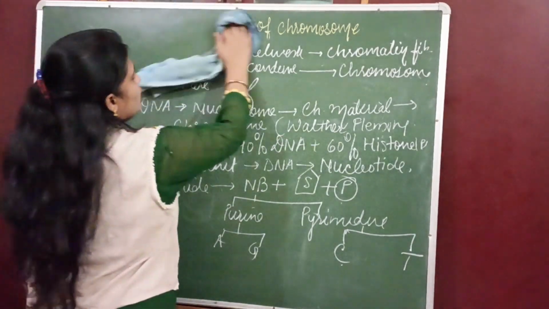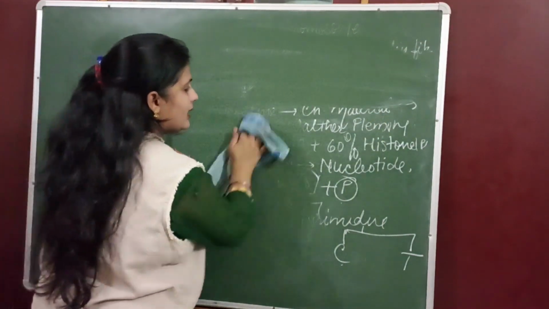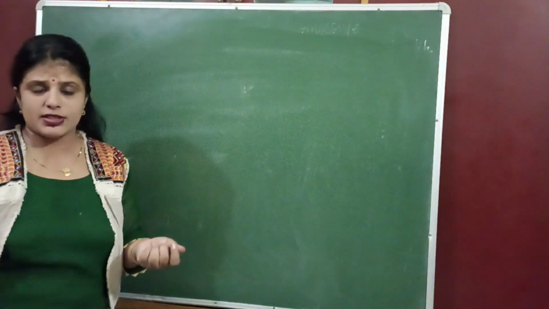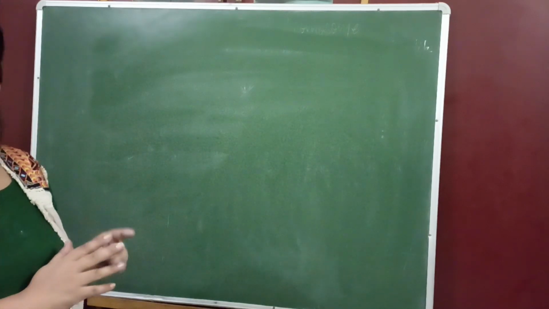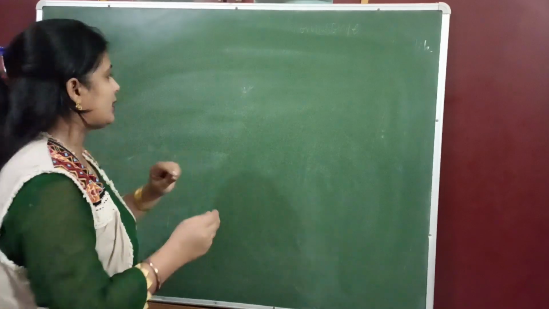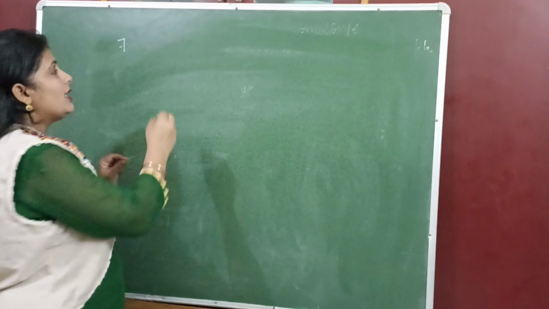Okay, you can make notes from this video, or you may read from your book and then make your key points. I think I have written just 5 to 6 lines, and in another 5 to 6 lines I will finish this first topic. Okay. Now how they are arranged. Here is another important question for you. I think we are on point number 7.